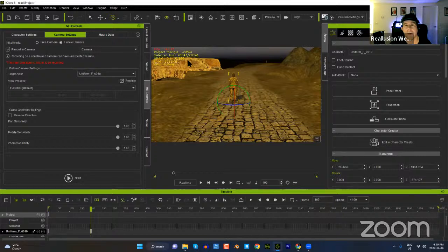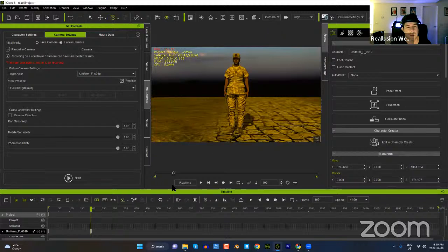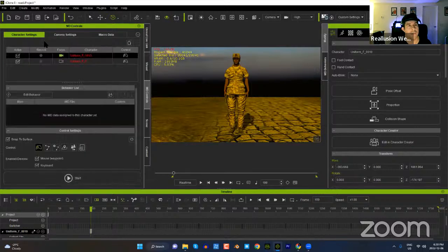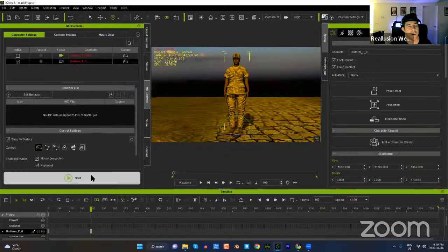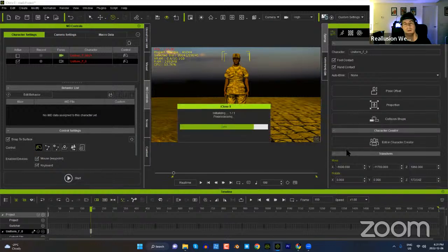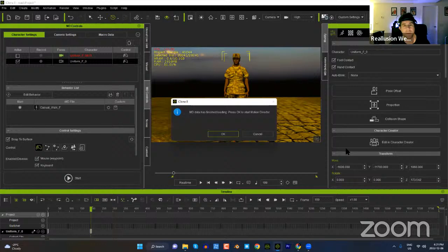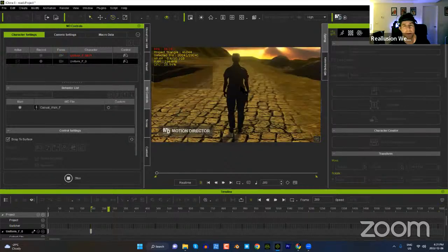Okay. Where's our camera? Okay. Hopefully this works. Let's disable this guy, this female character. We'll just apply a basic female walk. Okay. And then have our character walk towards the screen. To answer your question briefly, Nana, yes, you can use the Curve Editor. You can do all sorts of editing afterwards after you've recorded your motion clip. So if I go ahead and do this,